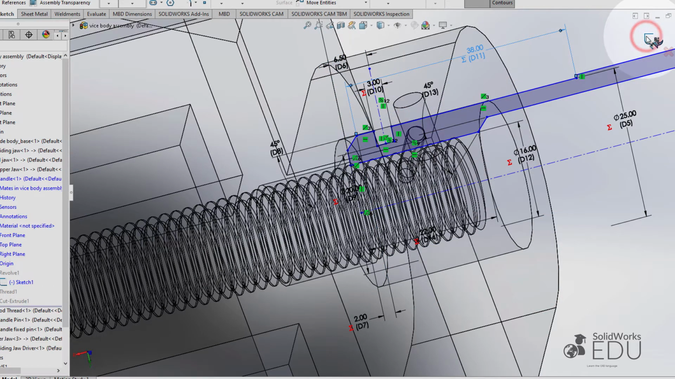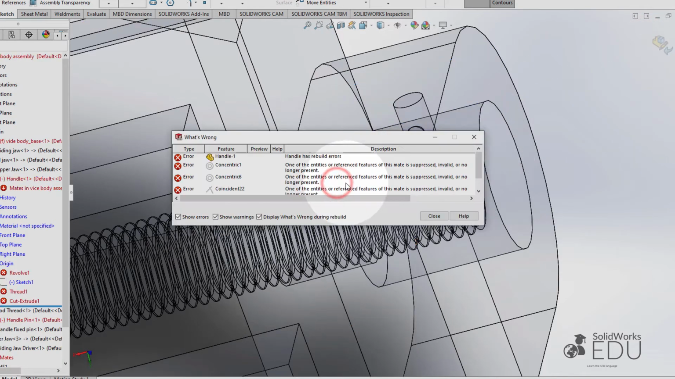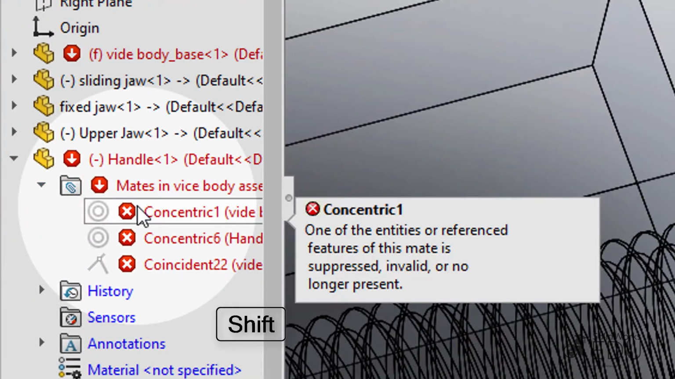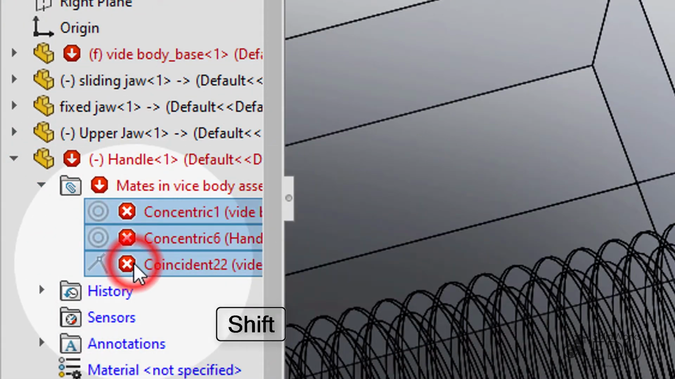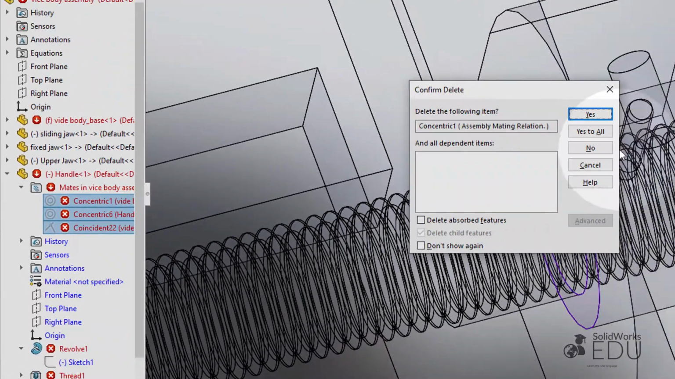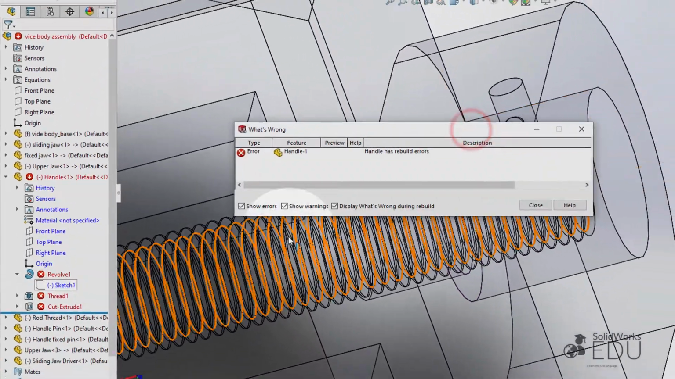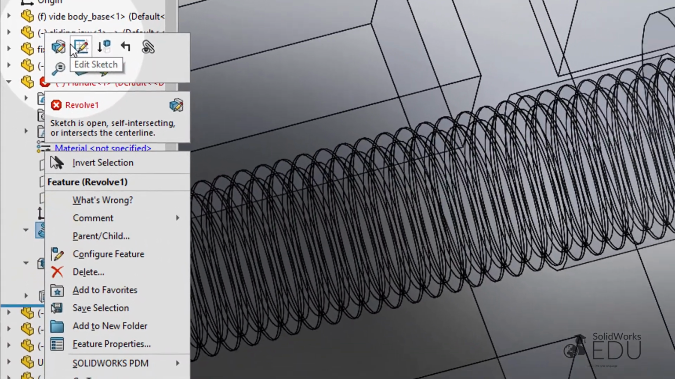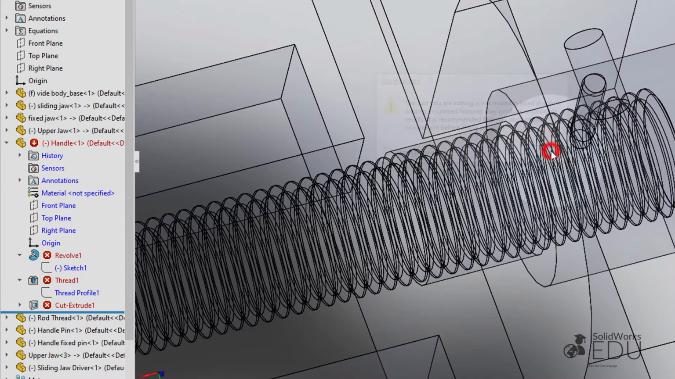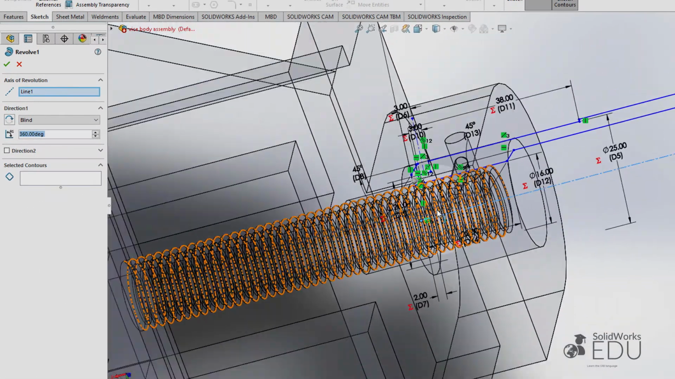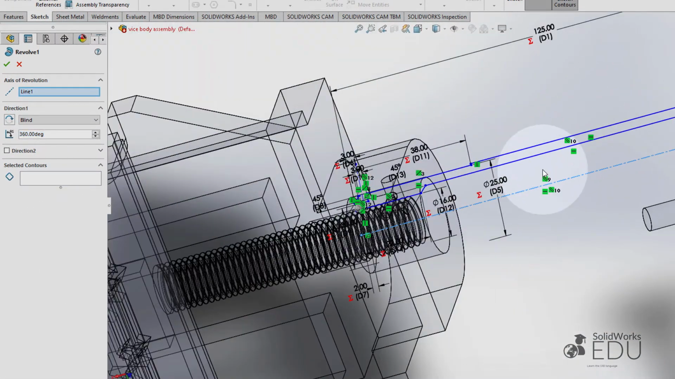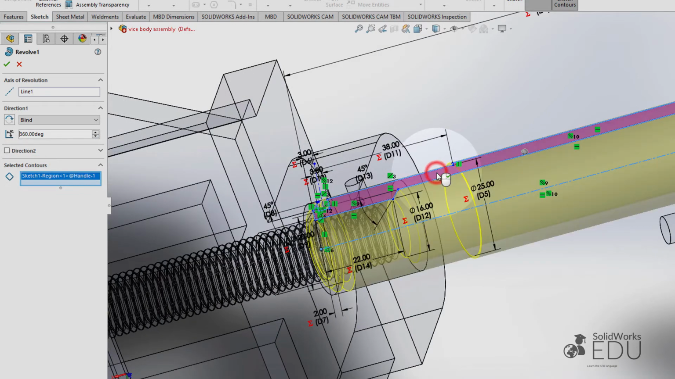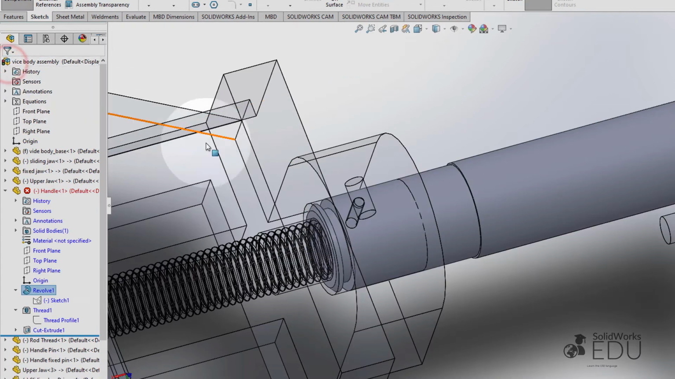Select X sketch, continue, ignore error, go to the mails, from here to here, select delete it, yes, select contours, select OK,